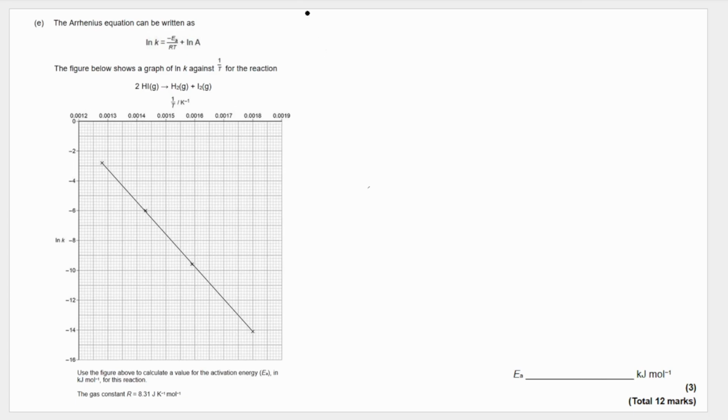So we know from this that our m, which is our gradient, is equal to minus EA over R. And therefore, it's simply going to work out m by our rise over our run, which we can pick various points here, but I'm going to pick minus 14.1 minus 2.8 over